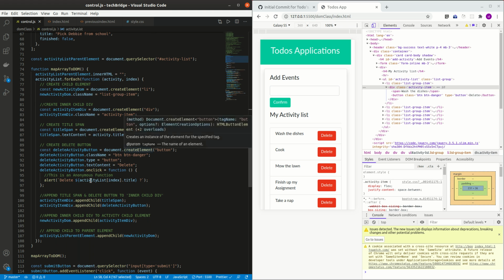Okay, so now after that we decided to create the delete button for each element as well. All right, so we created our delete button, which is the document.createElement button, the delete activity button. We give it a class name and all of these styles, and if we change this to success, these styles are coming from